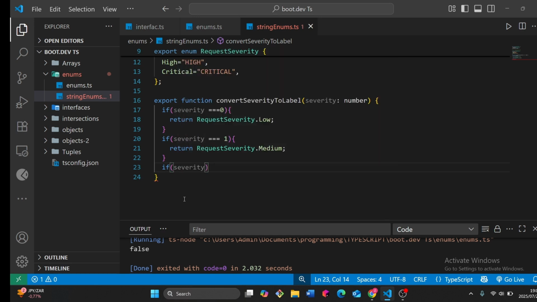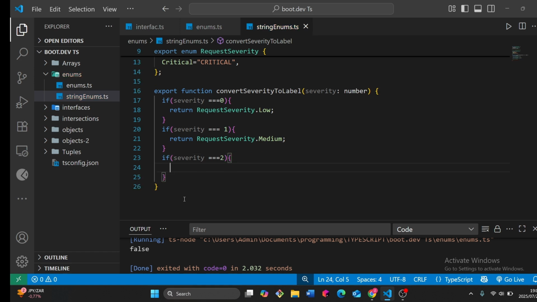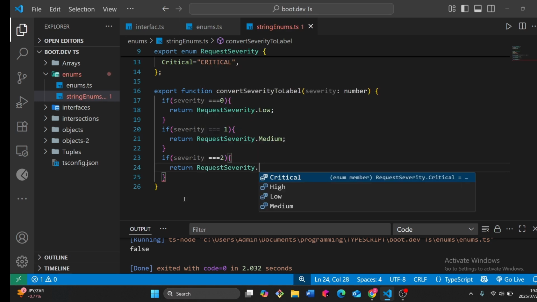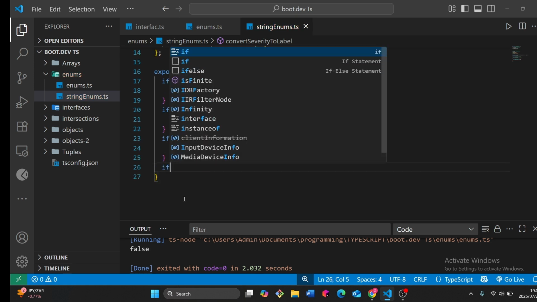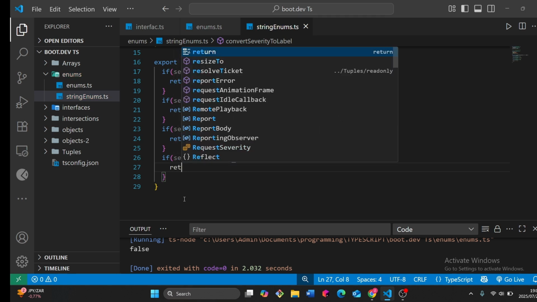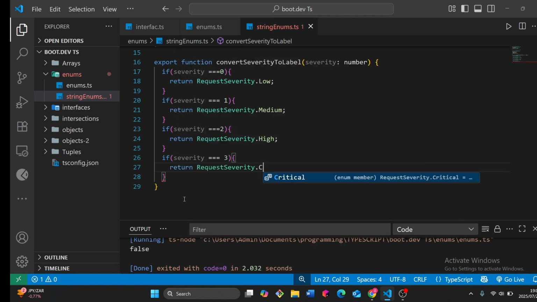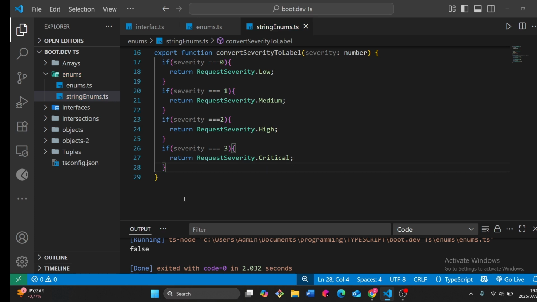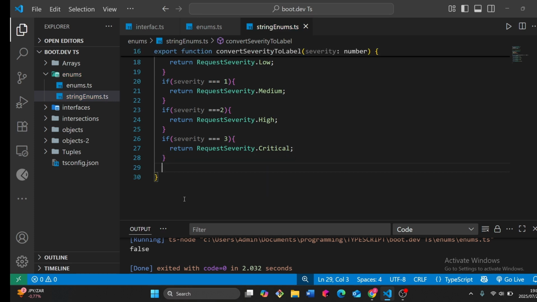I could have done else if, but I've noticed they're using if statements in these courses. Okay, I was supposed to use medium there. Then if it is equal to 3, then that'd be critical. We'll return .critical. If we didn't return, we then just return